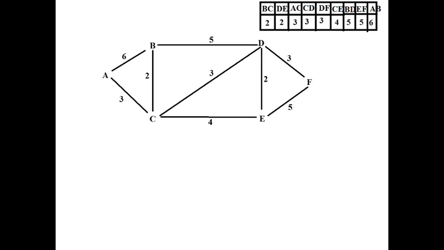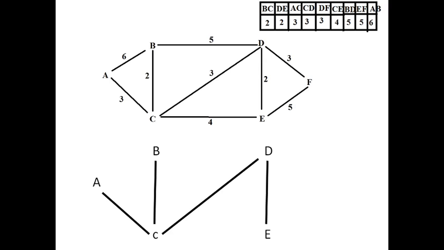I do have another example, so let's try this also. Which one has the lowest edge? B to C, so it's included. Next lowest is D to E, and then we have A to C, I think. So A to C is included. After that C to D, and then D to F. So we have covered all the vertices. We have included all the vertices into the minimum spanning tree, and that is the net result of